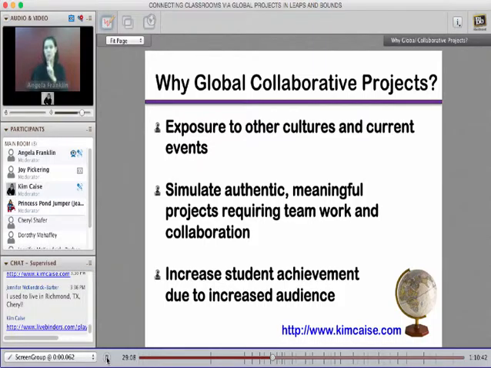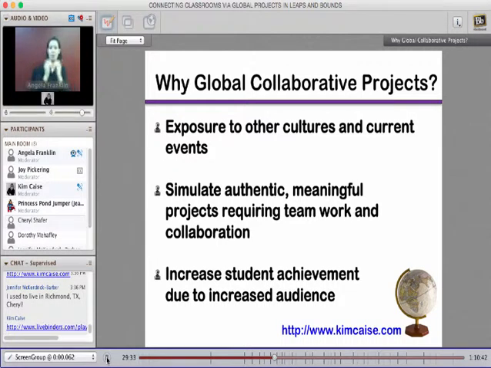And it simulates authentic and meaningful projects that sometimes require teamwork and collaboration, which is going to be very beneficial for when they're on their job and gaining career readiness skills, acquiring those and being prepared, as well as increasing student achievement due to your increased audience that the students have.